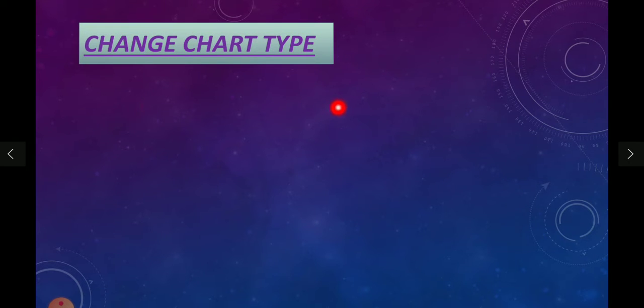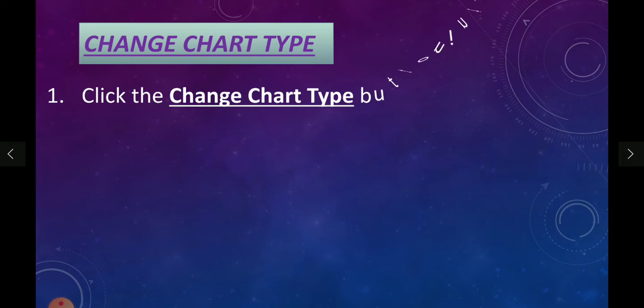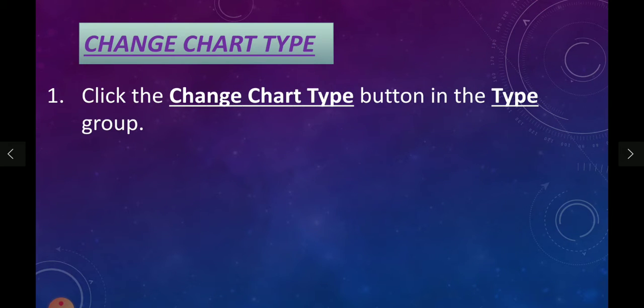Changing the chart type. Suppose we are using a pie chart. Then we suddenly realize, oh, it should not be a pie chart, it should be represented in a bar graph. Then how to change the chart type? Let's see. Click the Change Chart Type button in the Type group. That is the first step.